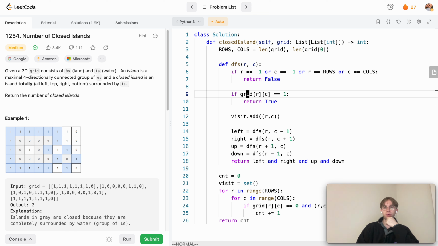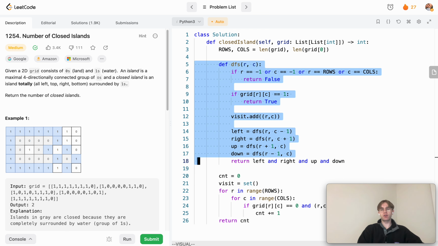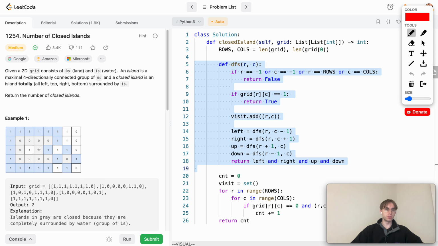The other case that we want to consider is that we're not actually checking this visited set within this depth first search function. And this can cause problems because a lot of these islands are shaped like donuts. So you can see here, let me get out my pen. Say we visited this one, and then we go downwards and we visited that, and then we visited this one, and so forth. We go like this. But because we only check our visited set in the function that's calling our depth first search function,